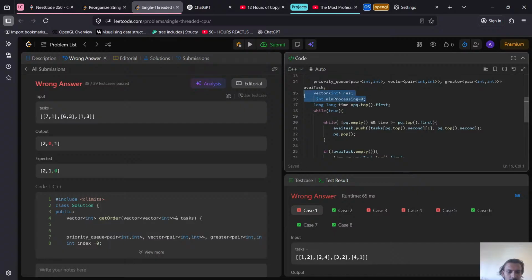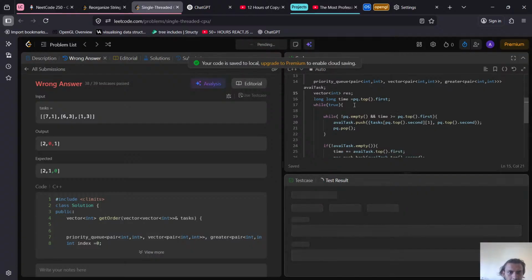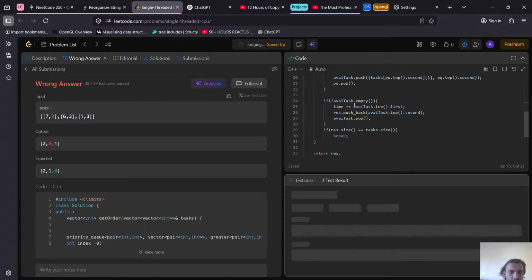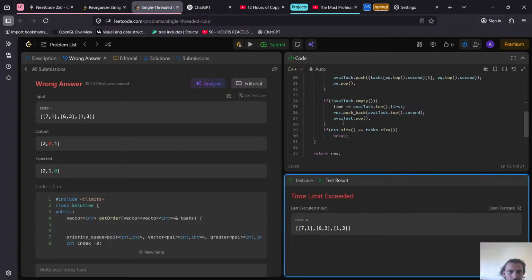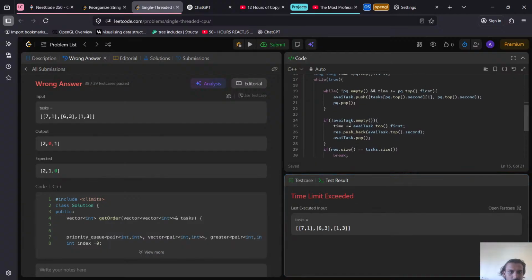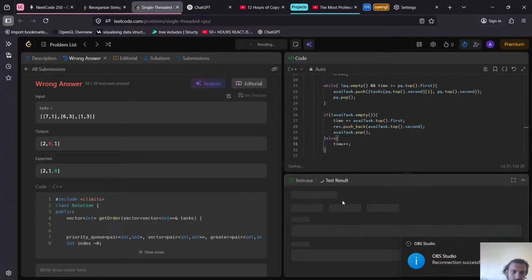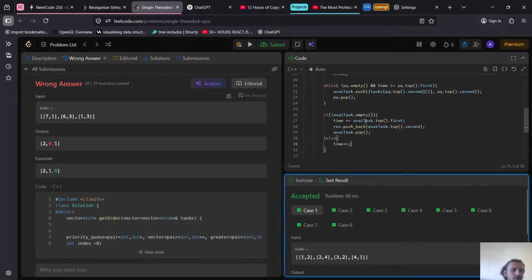We do not need this. If there is nothing, then we will add time plus processing. So that this works. Now this works because